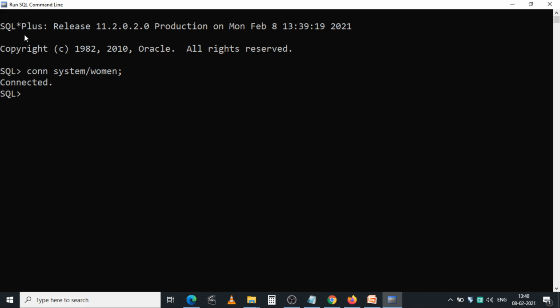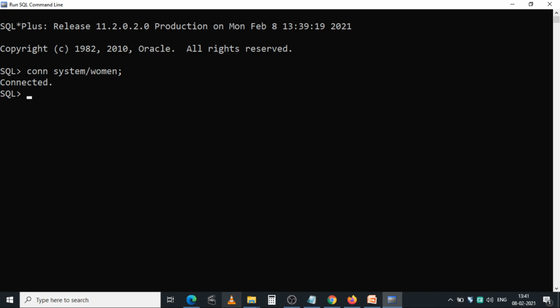Just see this SQL*Plus, copyright 1982, 2010 Oracle. It is the Oracle SQL*Plus environment. In this, the SQL prompt is there. Every command you need to type near the SQL command prompt and end with a semicolon, and to execute these commands you have to press enter.